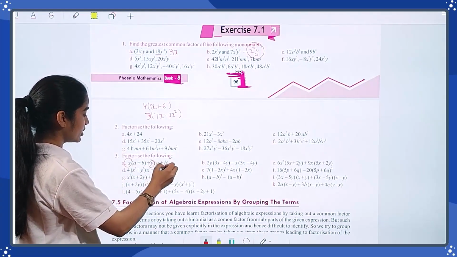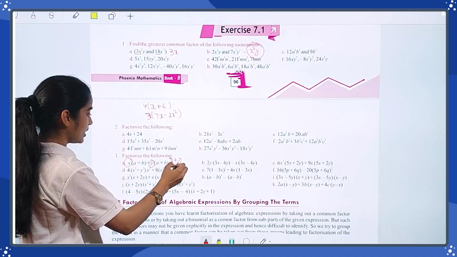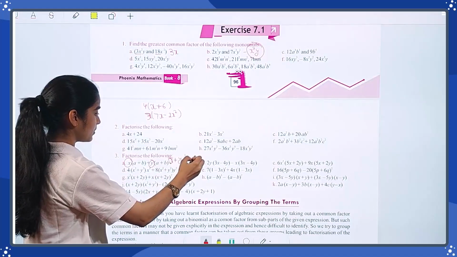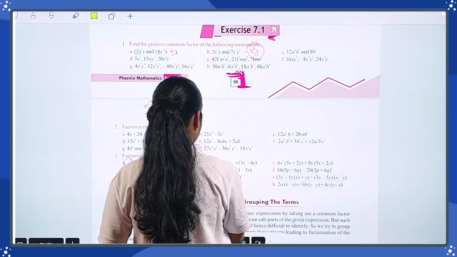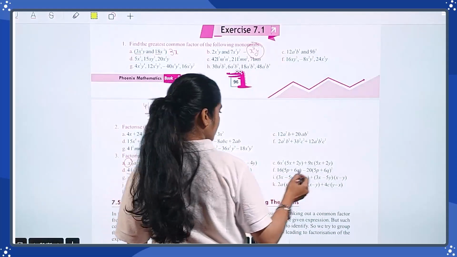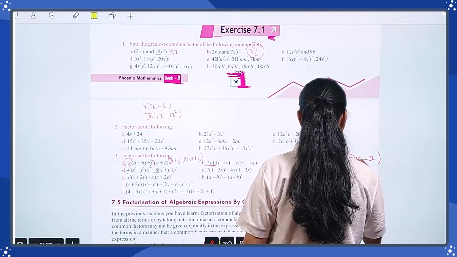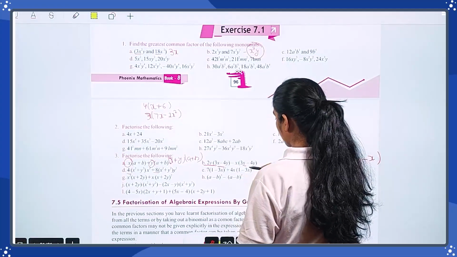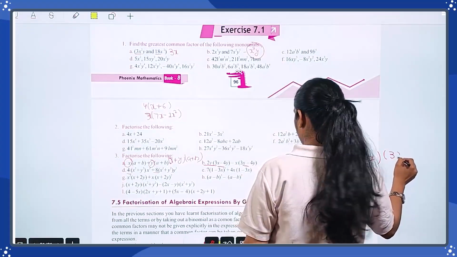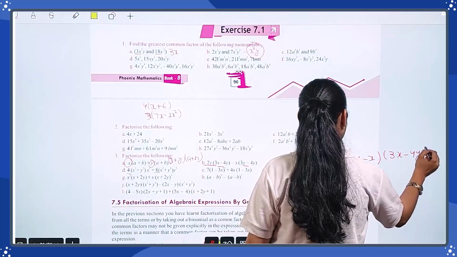Just make expression for it: x plus y and take the common bracket a plus. For this one, 2y(3x minus 4), you have to take 2y which is outside the bracket and minus x which is outside the bracket, and take the common terms which are inside the bracket: 3x minus 4y.